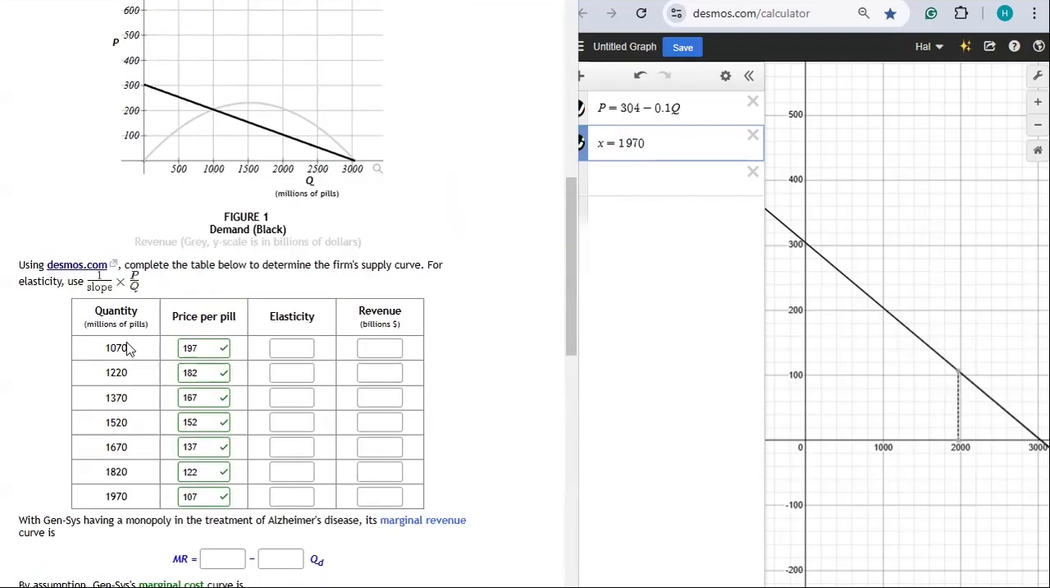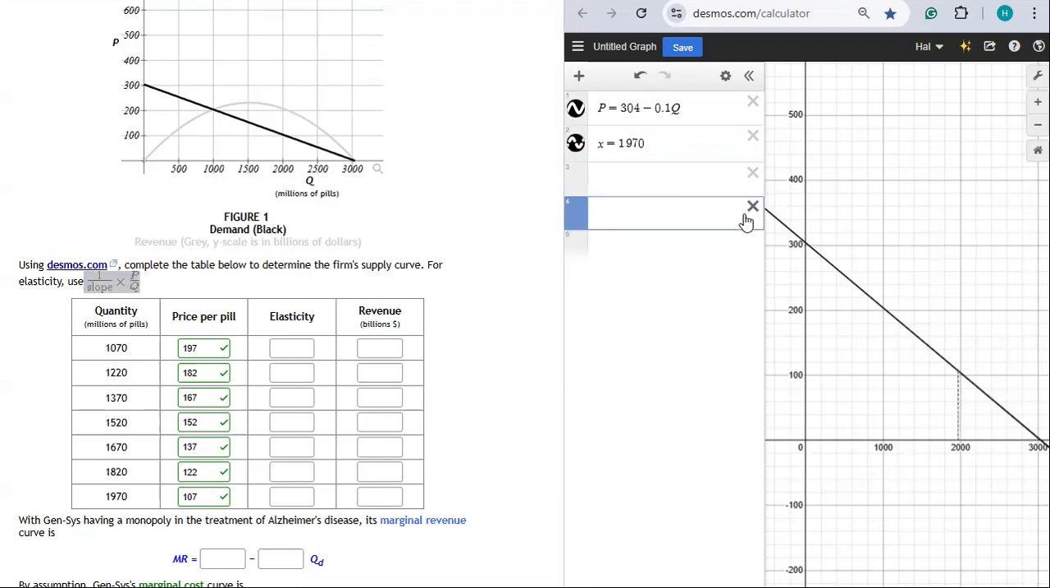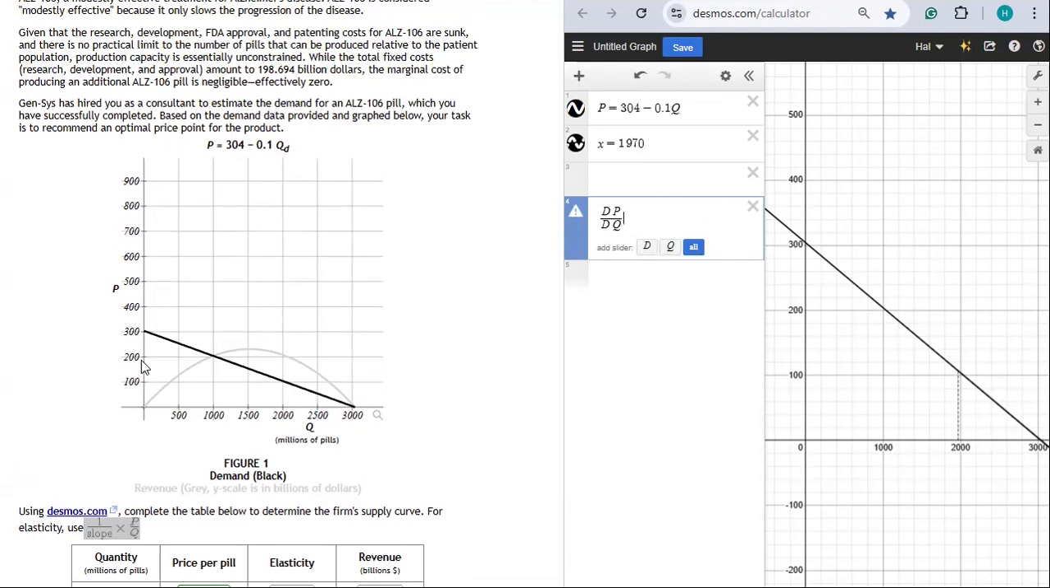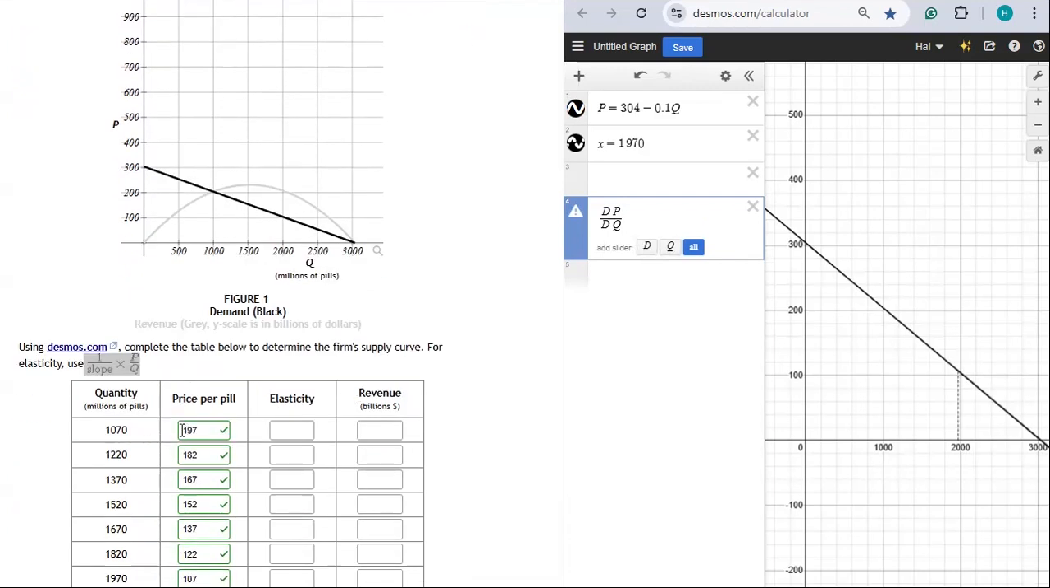And notice that as the quantity goes up, price per pill is going down. That's the downward slope of the demand curve. I'm going to have you calculate the elasticity using this equation. The slope is the change in the price over the change in the quantity. When the price falls about 300, quantity increases by just over 3,000. Another way to calculate that is to take the difference in these two prices divided by the difference in those